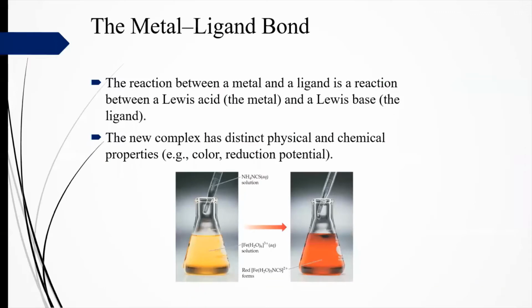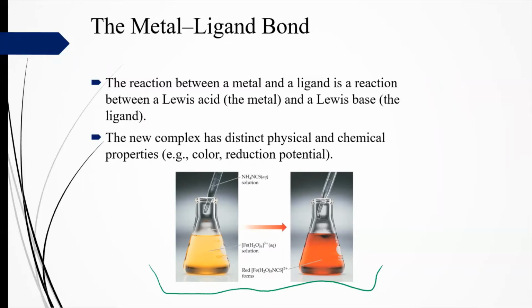So if you imagine it, the reaction between the metal and the ligand is between the Lewis acid, which is the metal, and the Lewis base, the ligand. The Lewis base is going to use its unpaired electrons to attack that Lewis acid metal in the center. This gives them some really unique properties, such as color, right? But it also gives them different reduction potentials and other physical and chemical properties